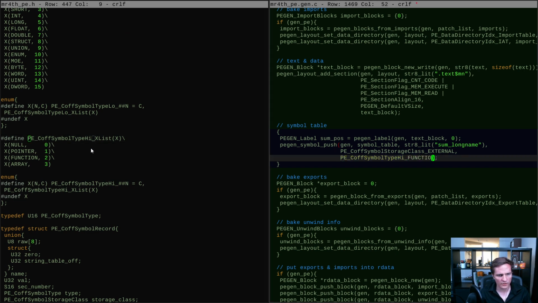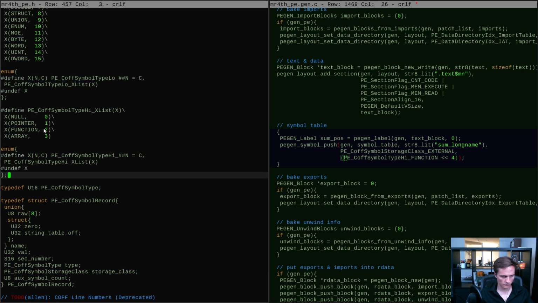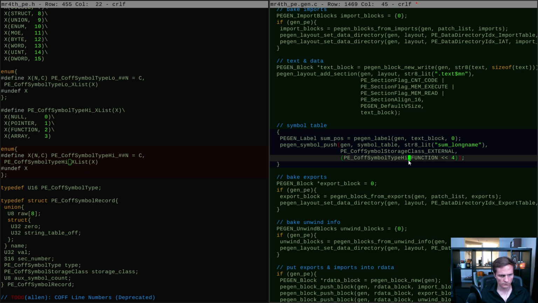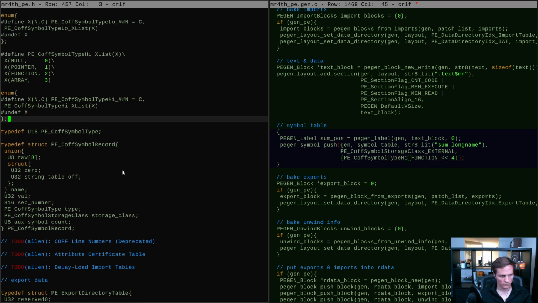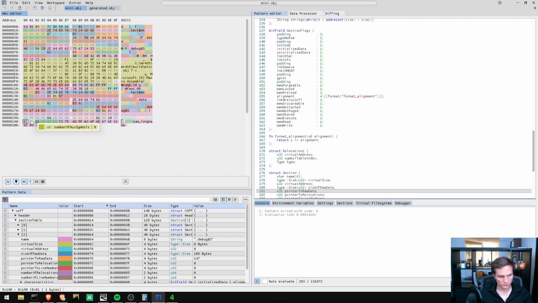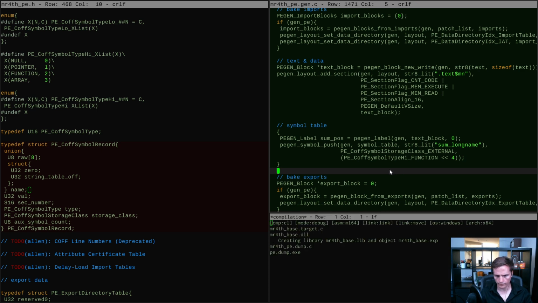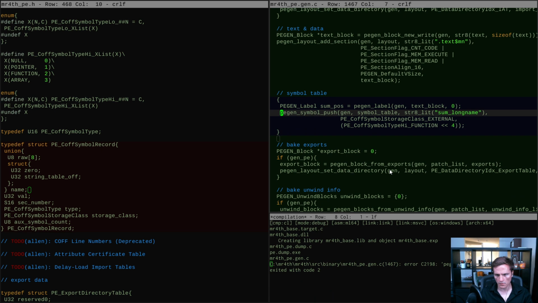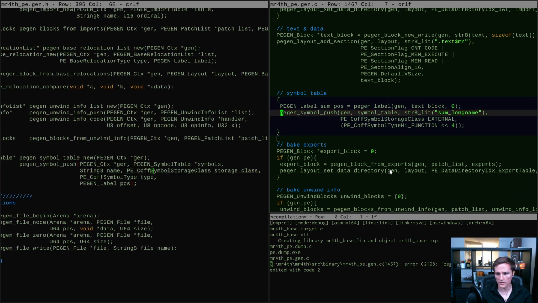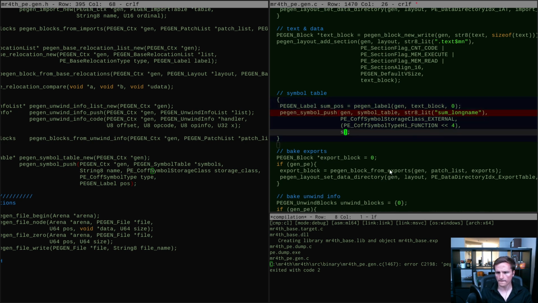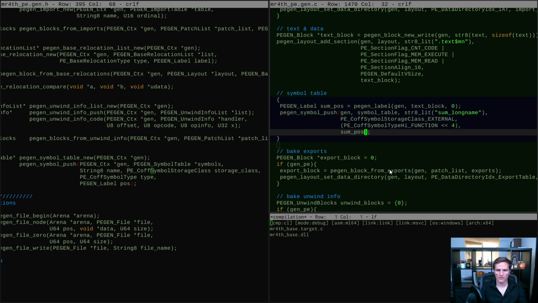Type function. And boom. What am I missing? Oh, position. You need the position, right? Some position. So there we go. I think that's where we'll stop for today. We've sketched out